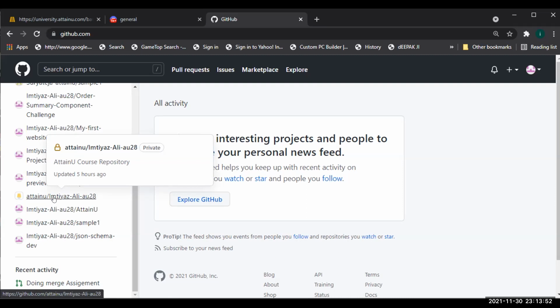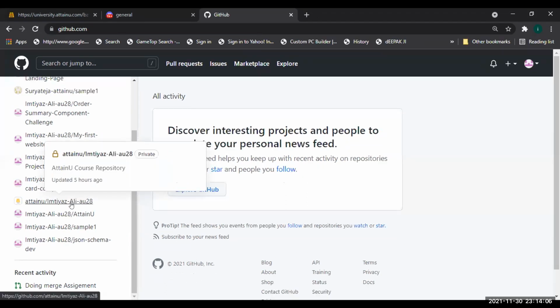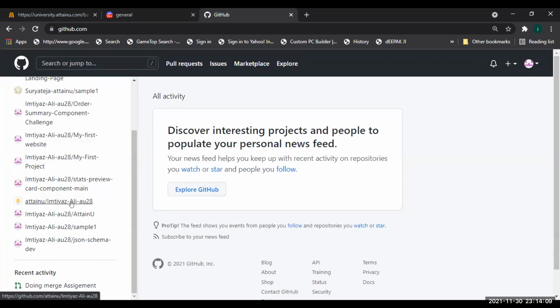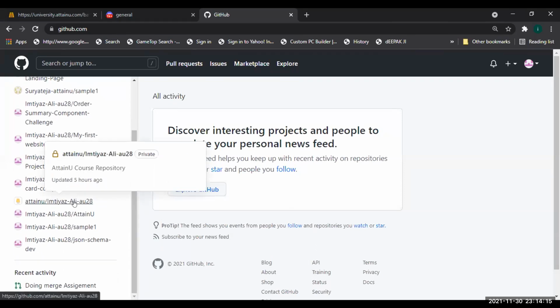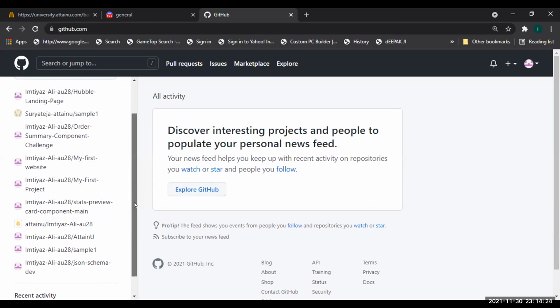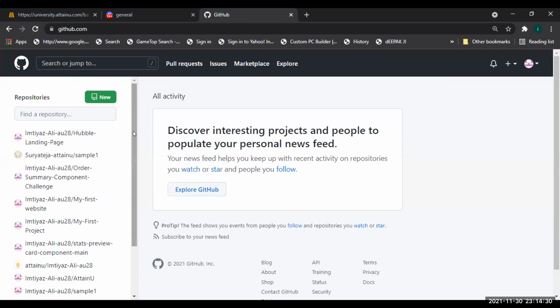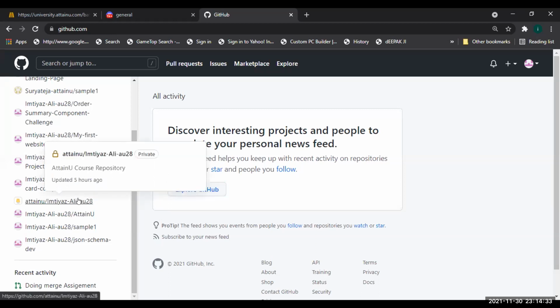You have to check your email for any invitation regarding GitHub through Attain. The email was sent by Rahul Kumar, not officially from Attain. Once you are done logging in, I think it will create the repo automatically, or you have to create the repo.